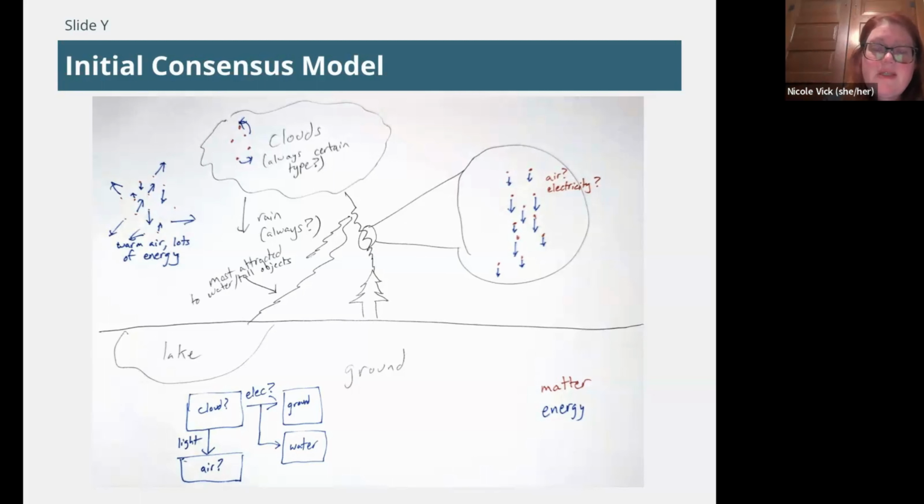So that is something students had some relationships with. So you can start to see some of the interactions that students are showing. Some of the questions that we're unsure about is what is causing the lightning to move from place to place, a matter thing or an energy transfer idea. And so last slide,